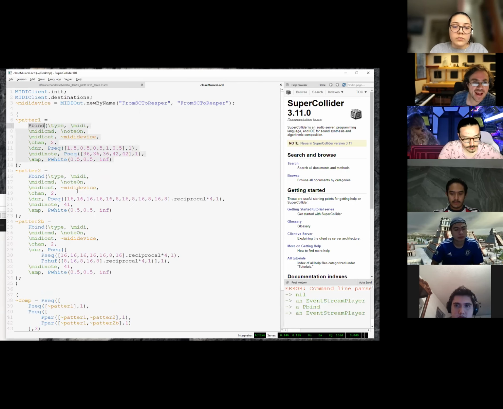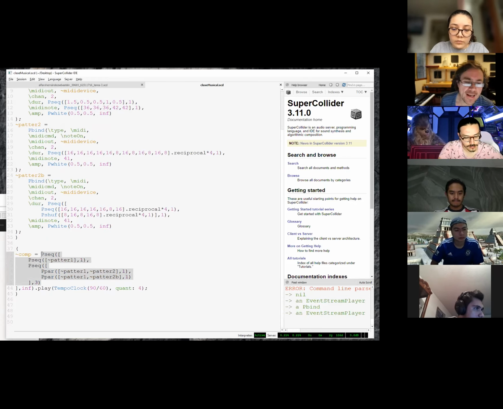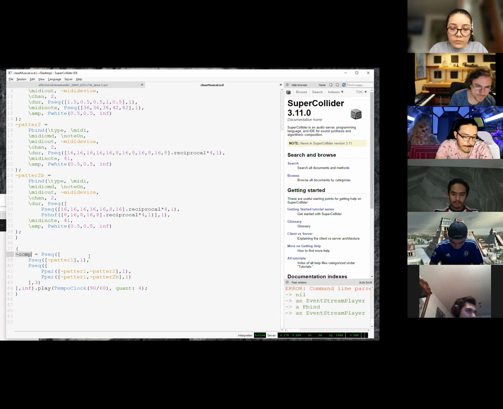For example, if at the end this composition becomes one section, and then you have something completely different, another rhythmic pattern, this, instead of becoming the composition, becomes maybe the verse.